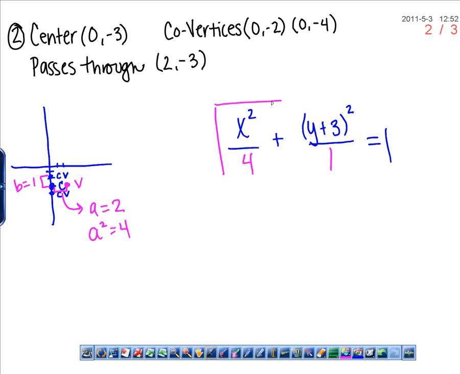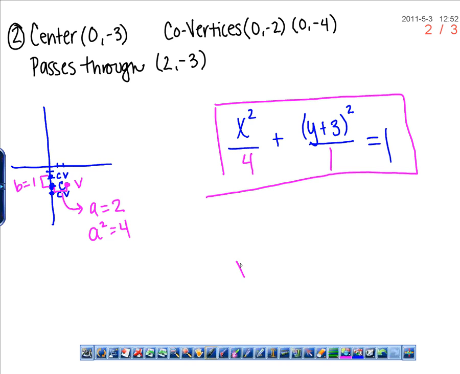All right, so that was really nice that they gave us a point on the vertex. It's not always going to be that nice. What if we were given a point that was not a vertex? How could we use that? Yeah, you would plug it into the shell of the equation you already had, right? I could have said,